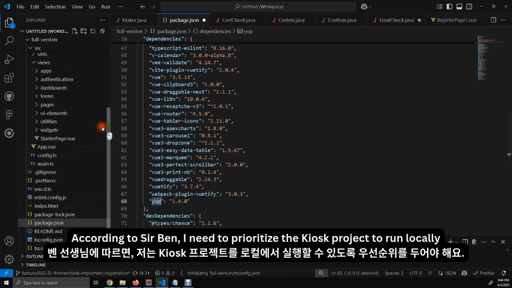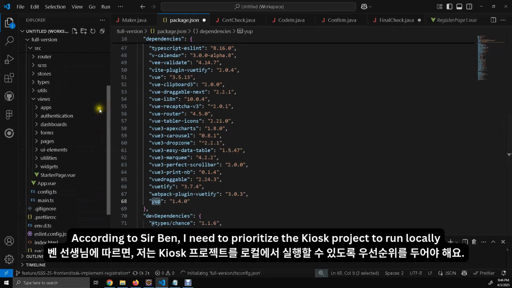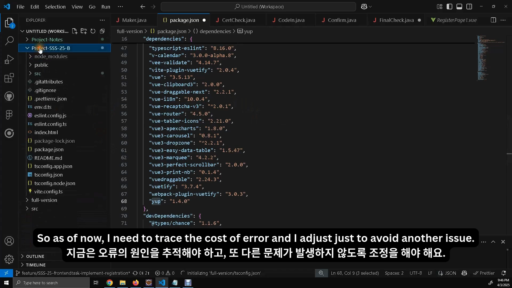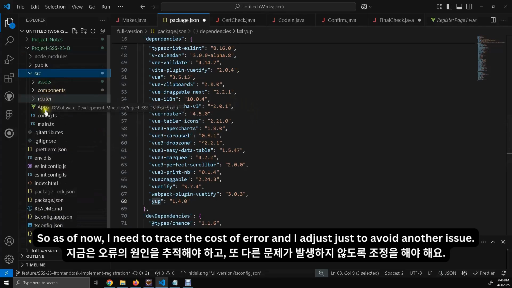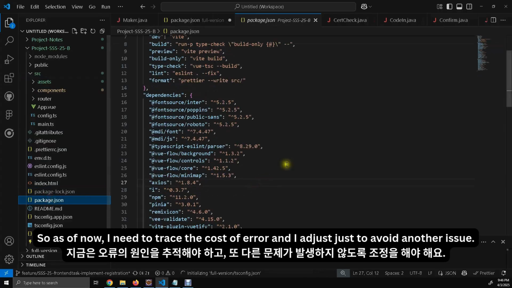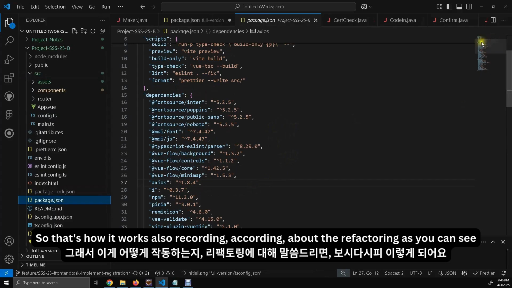According to Sir Ben, I need to prioritize getting the chaos project to run locally. So as of now, I need to trace the cause of errors and adjust, just to avoid other issues. That's how it works.